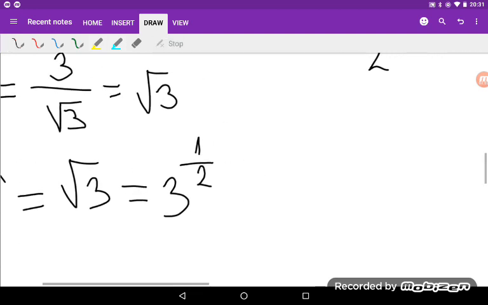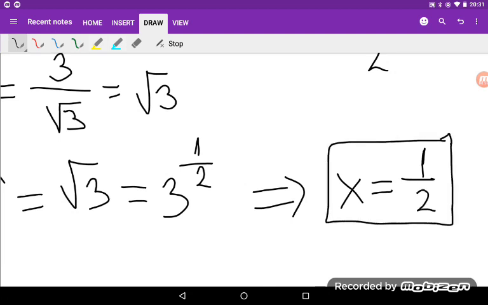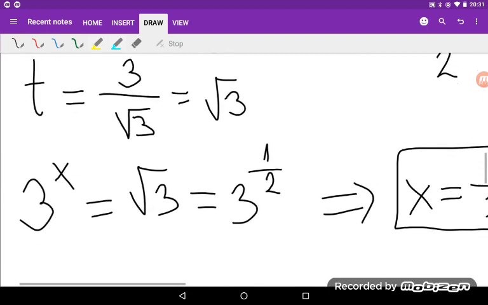So at the end we get that x is equal to 1/2, and that's the solution. So this was the first method,